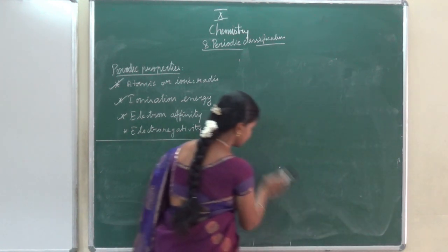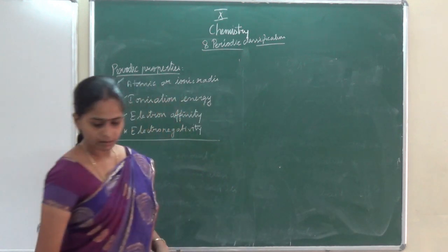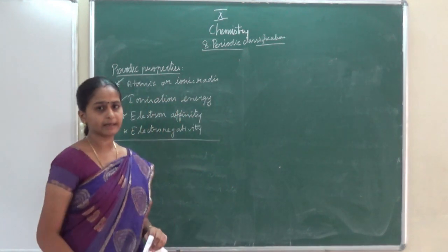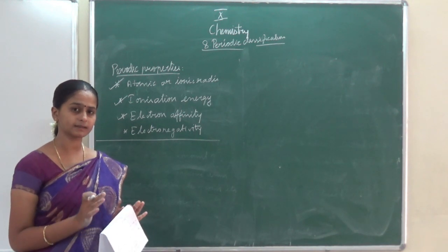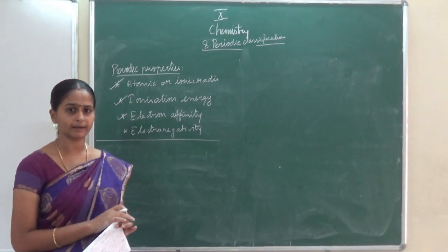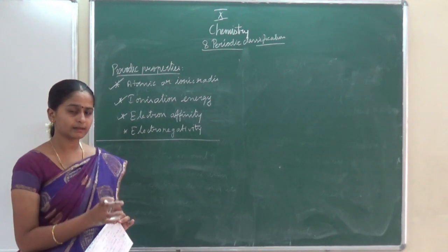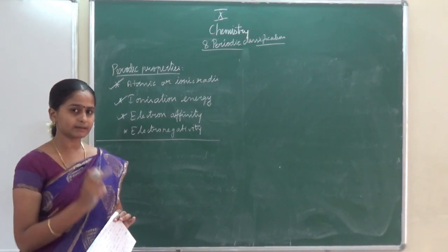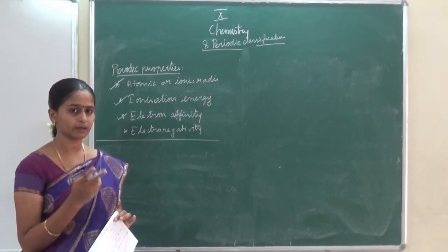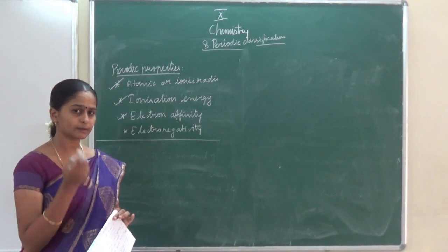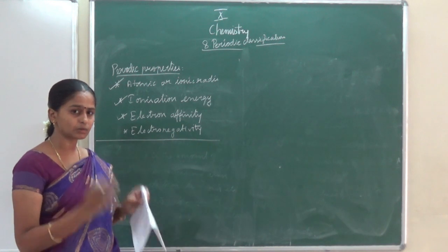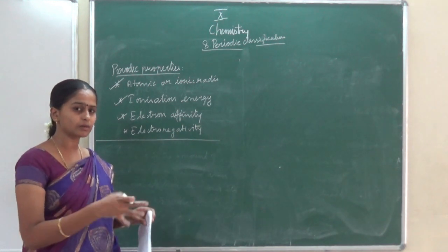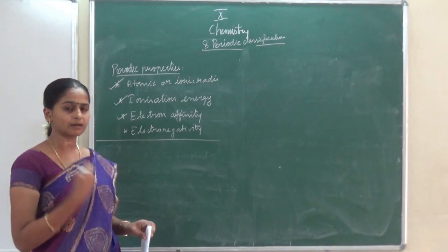Electronegativity is nothing but, when the bond has already formed, the bond is present between two atoms. One bond is nothing but two electrons, we know. Do you know that one? Yes, one bond is nothing but two electrons. So among these two members, who is going to pull the electrons towards themselves?